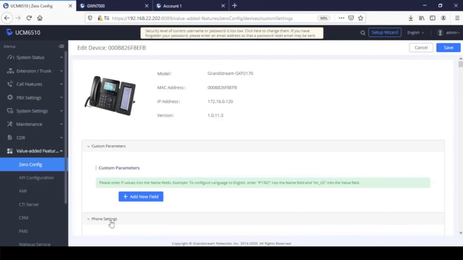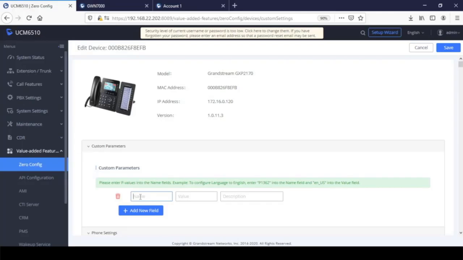Go back to Zero Config, and to add those P code values, you use the add new field. So I'm going to put P129, and the value, as we said, is going to be 1, which means yes. And in description, you just give it a name so you remember what that setting is for. So I'm going to call it anonymous call rejection. Save